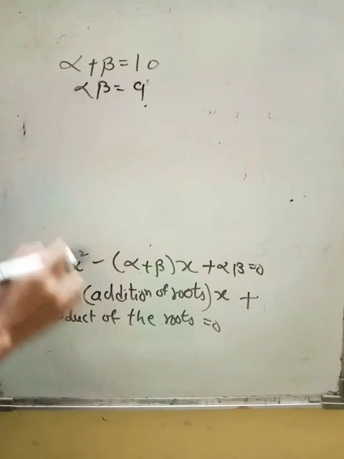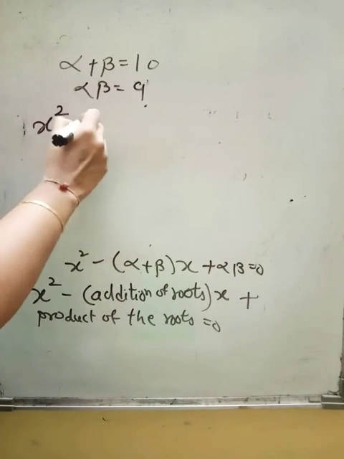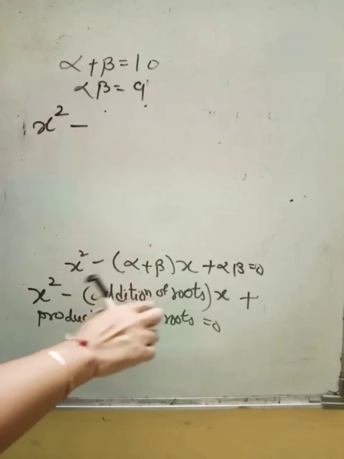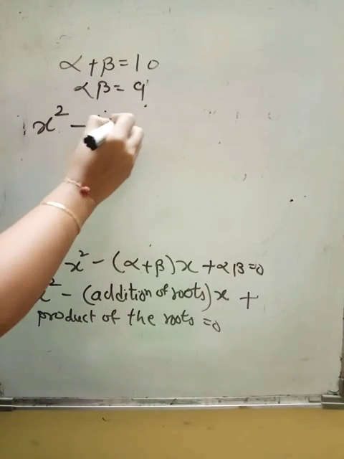So what will be the equation? x square minus, addition of roots is 10, so 10 into x